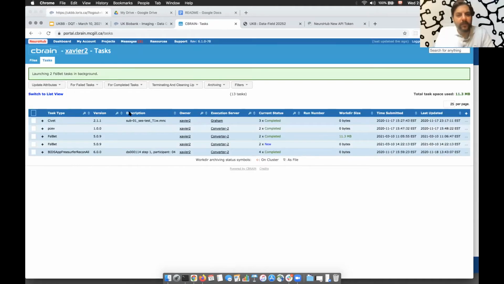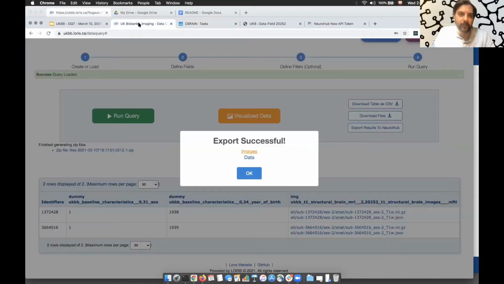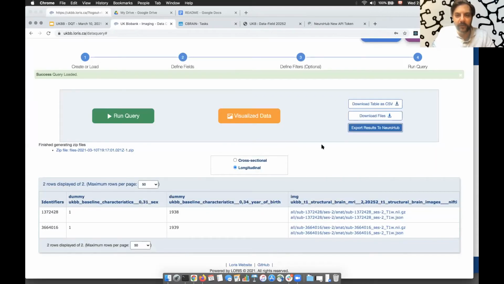So maybe can I put a pause just for a second here? I want to emphasize the context of what you're seeing here, because you're seeing a lot of very specific details in terms of transferring data and launching a specific pipeline. If we can just go back to the dissemination part, if you can go back to the DQT again, Xavier, one more time, I just want to reemphasize what is going on here, okay? Because it might be hard to keep up with this in real time. Seeing it once is good, seeing it a second time might help.